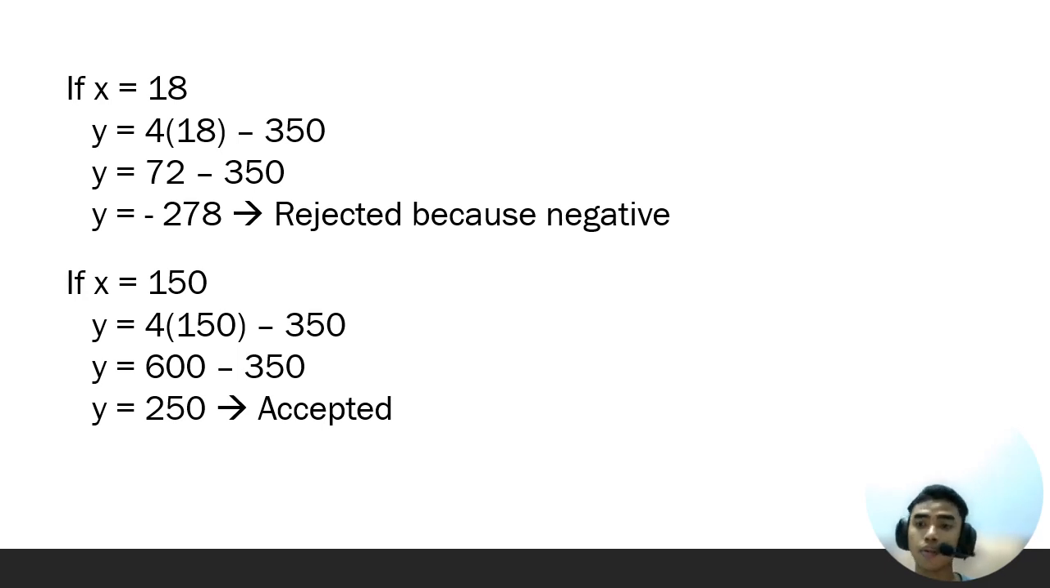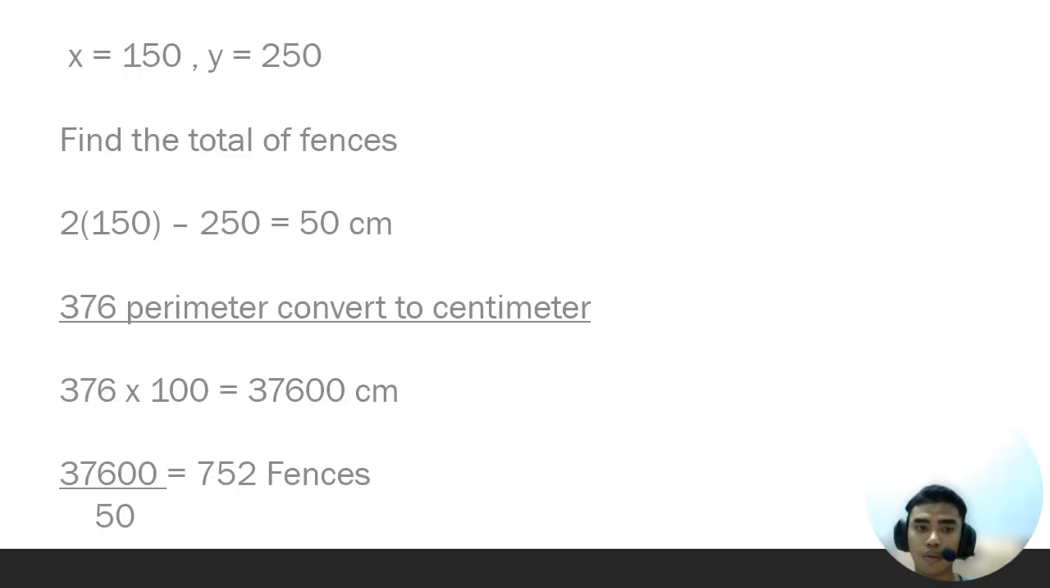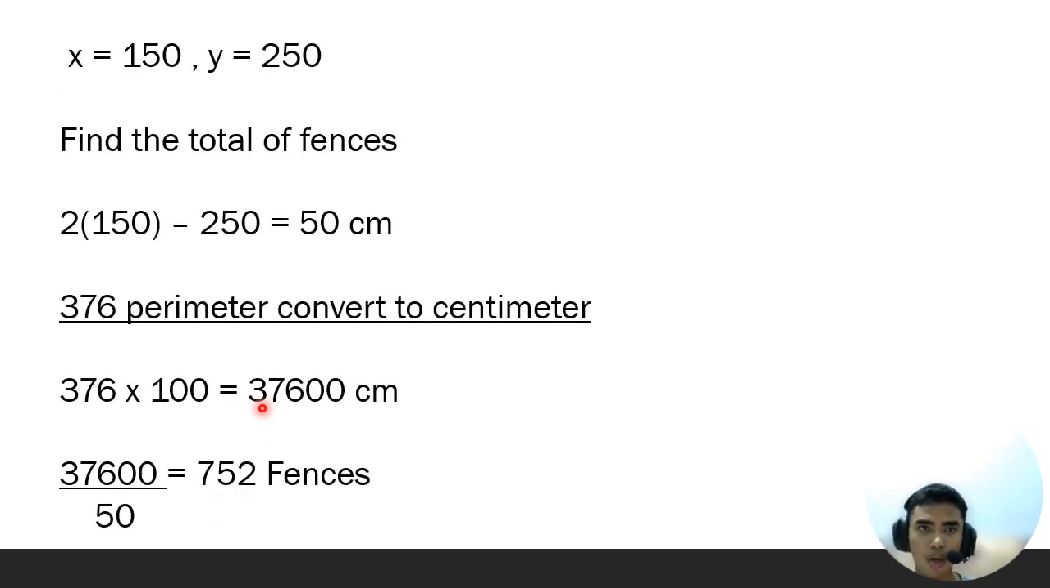So let's move on. We're going to pick x equal 150. So here we are, we got x equal 150 and y equal 250. Find the total of fences. Here we have the equation like from before. For the bottom of the fence, we got 2x minus y, I'm sorry. So 2 times 150 minus 250, which is y, we got 50 centimeters,